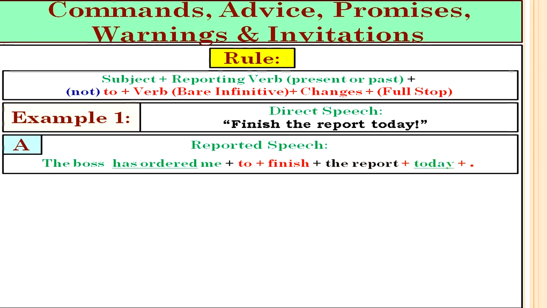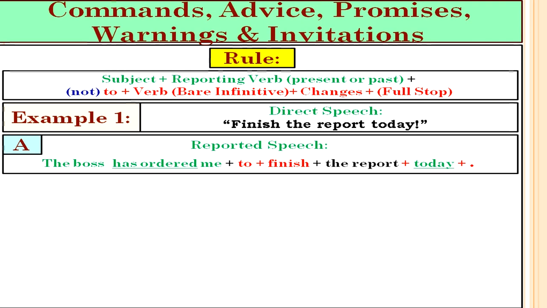So the boss has ordered me plus, according to the rule, we have to plus verb in bare infinitive or not to plus verb in bare infinitive. In the sentence "Finish the report today," we don't have negation. So we're going to use simply to plus verb in bare infinitive. So we have to plus finish, and then the report